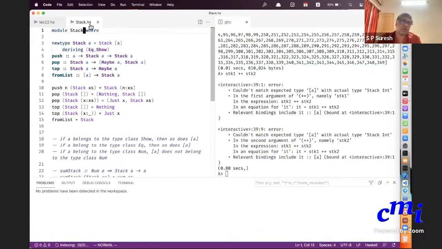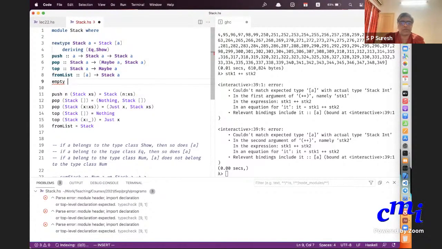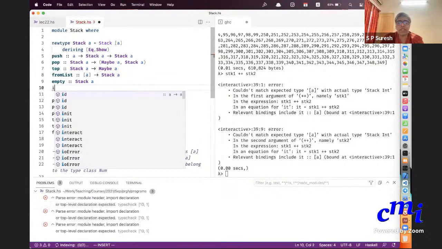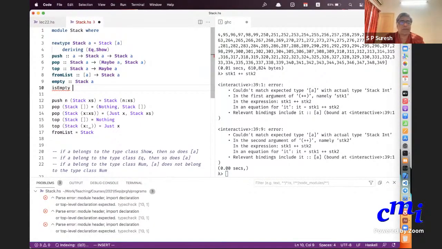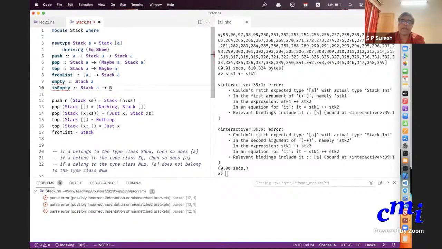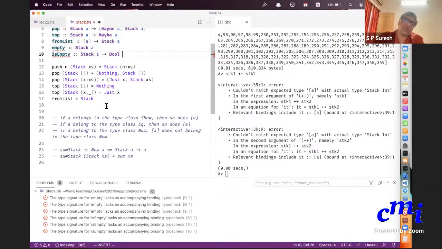From list is something I'm providing. Empty stack is something that I can provide, which is nothing but Stack of an empty list. And isEmpty is a check that I can provide. The idea is nobody knows what the internal representation is. So you cannot just do pattern matching on Stack.